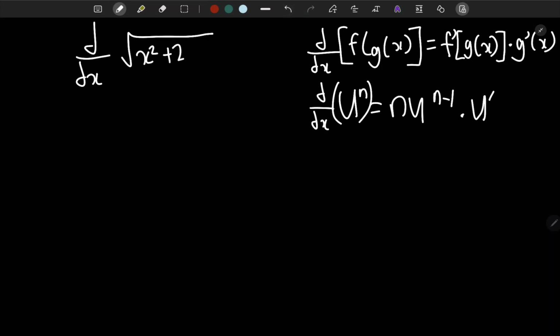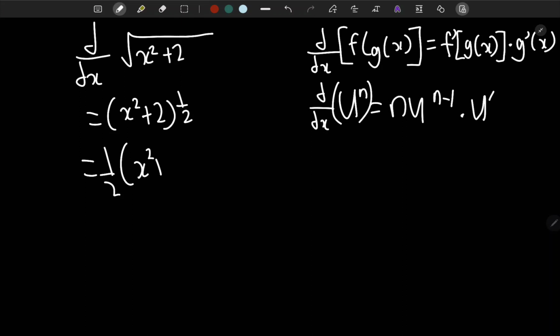Now, whenever you have radicals, it's always best to convert it in this form where we have brackets. So it's going to be x squared plus 2 to the power of half, since radical is just taking the power to the half. So this is now simpler to use the formula even. So let's use it now. It's going to be half, and the bracket stays the same. So x squared plus 2, and it's going to be n minus 1. So half minus 1 is negative half,